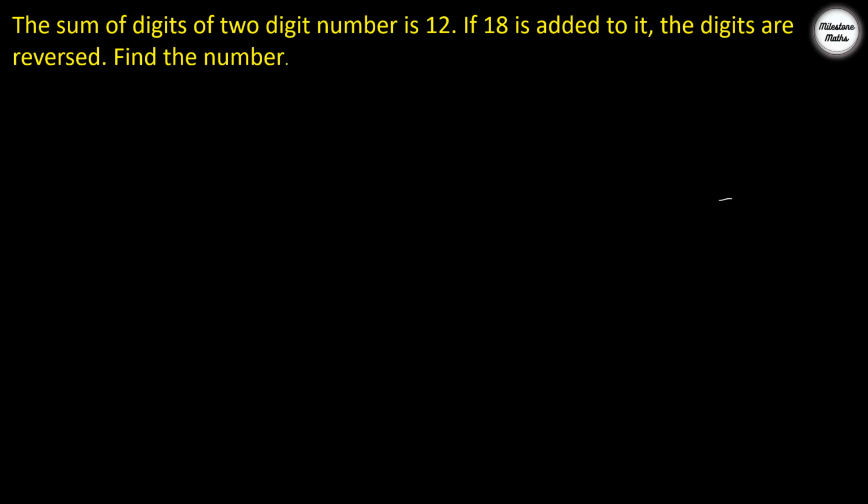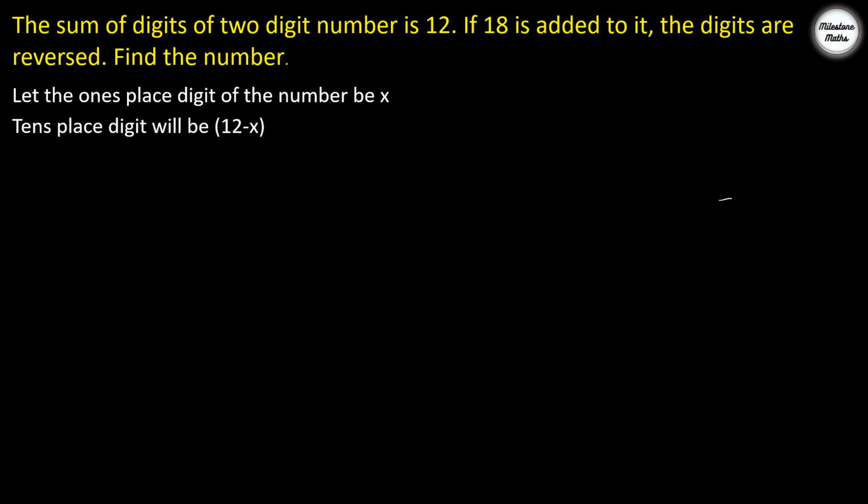I'll just rub this, and so we will write: let the ones place digit be x. If you are taking the ones place digit x, what will be the tens place digit? Because the sum is 12, 12 minus x will be the tens place digit. Right? So if this is the tens place digit, now how will you form the number? So the number formed is,